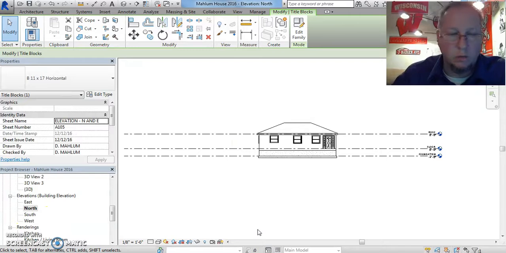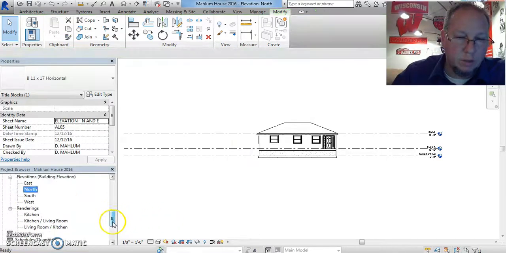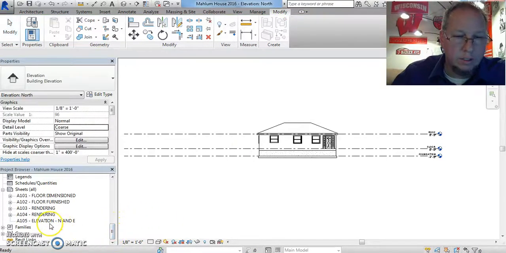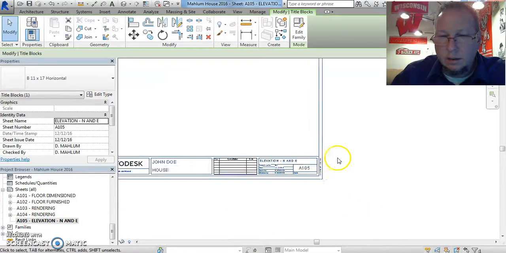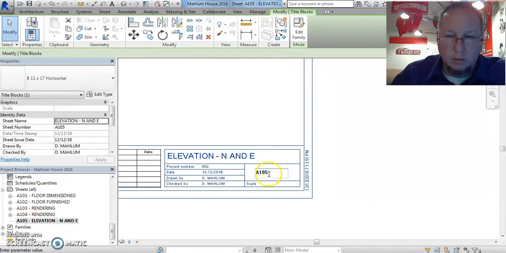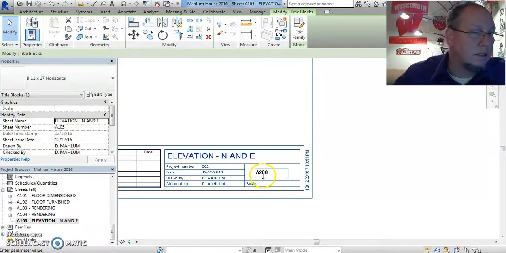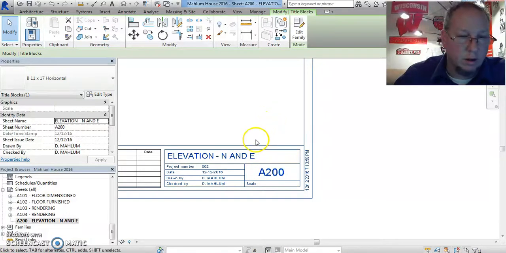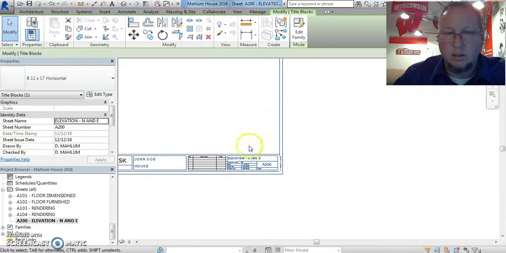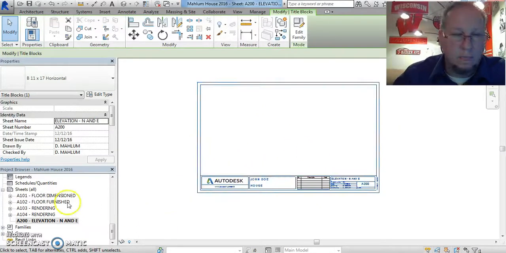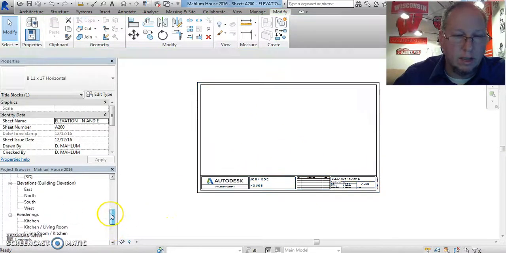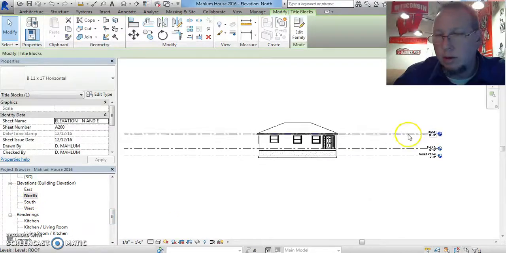So I'm actually to the point where I'm making my sheet for the north and east side of my house. I'm going to click on that and zoom way in. I'm going to renumber this A200 because that's typically where we start numbering for our elevations, is at 200 level. When I go to the north side, one of the things that I will remind you about is that we have these